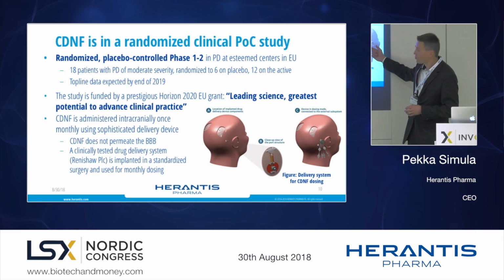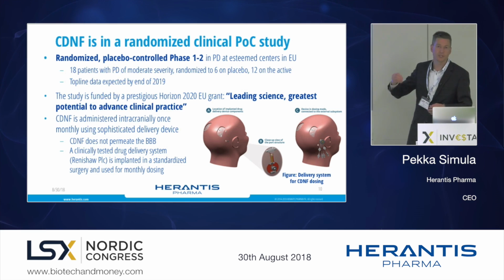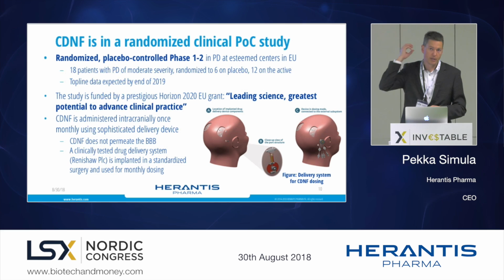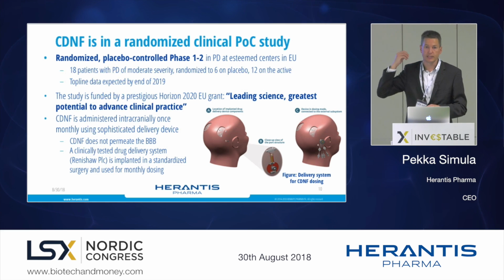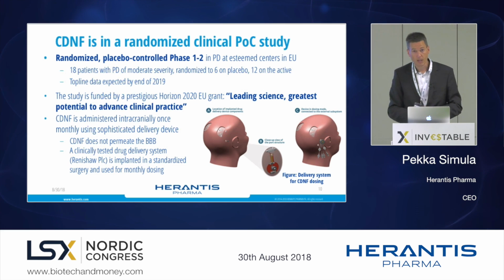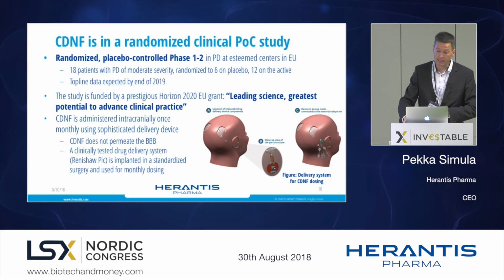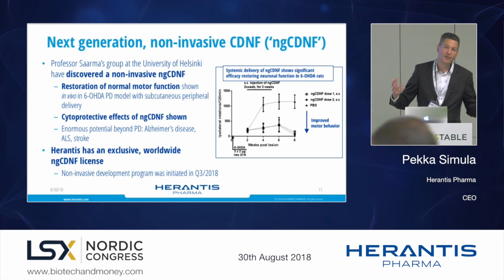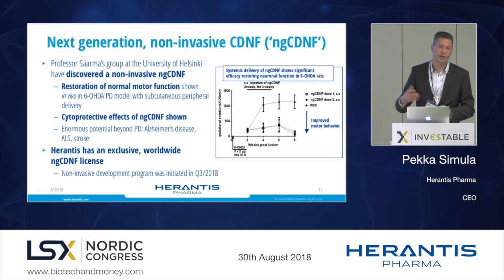There is a small port. The only visible thing in the patient is a small port behind one ear. So the patient is connected to a pump, infused the protein, disconnected, and goes home. Obviously, this still limits the applicability of CDNF in many other neurodegenerative diseases where such an approach wouldn't be so readily